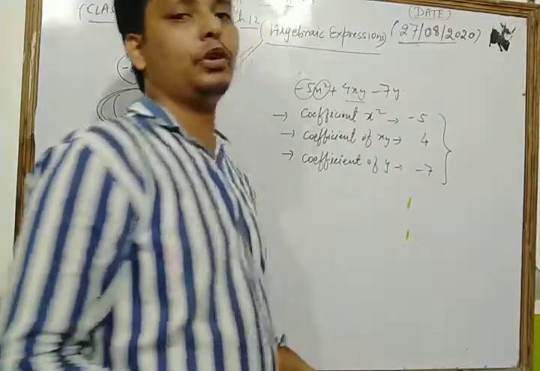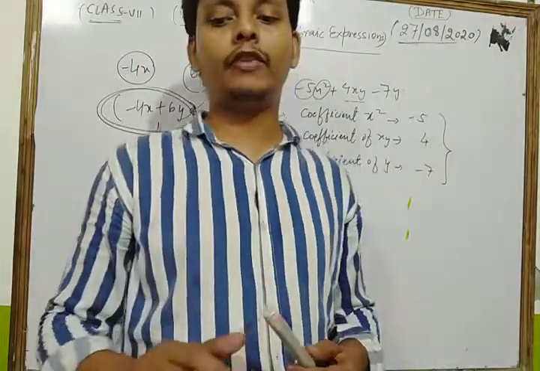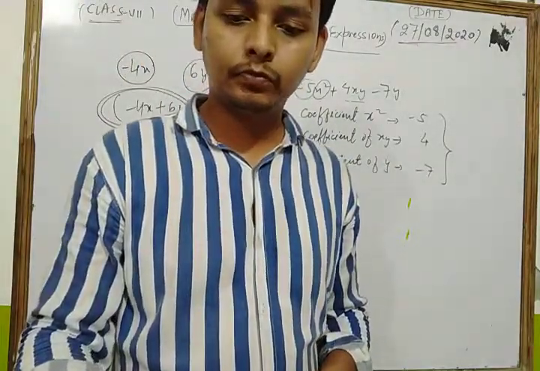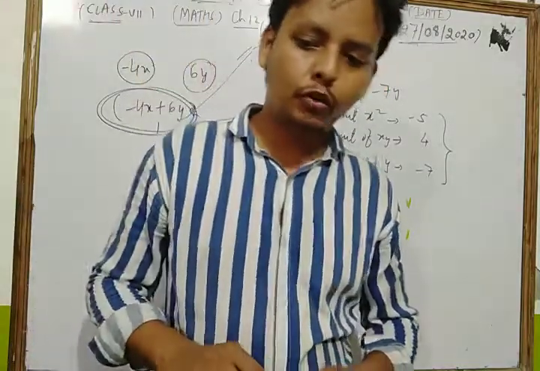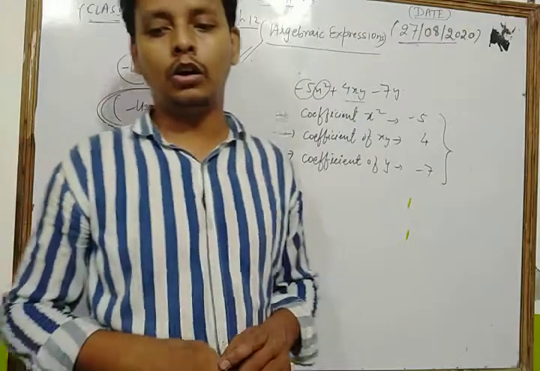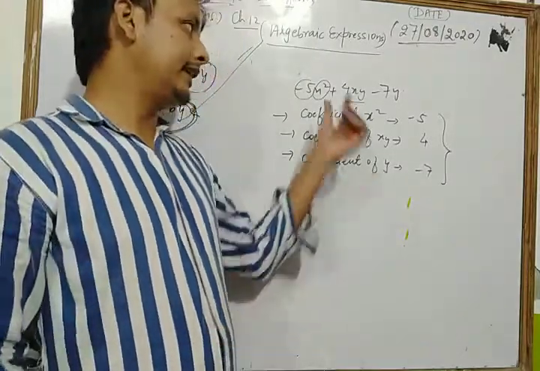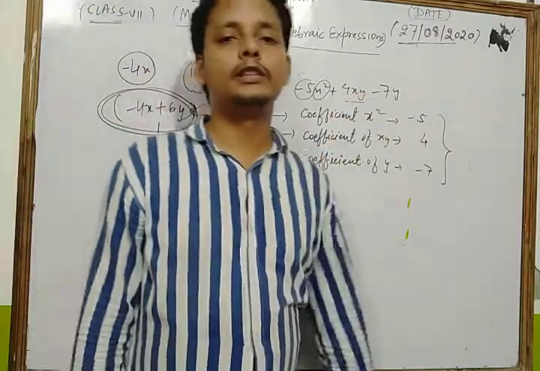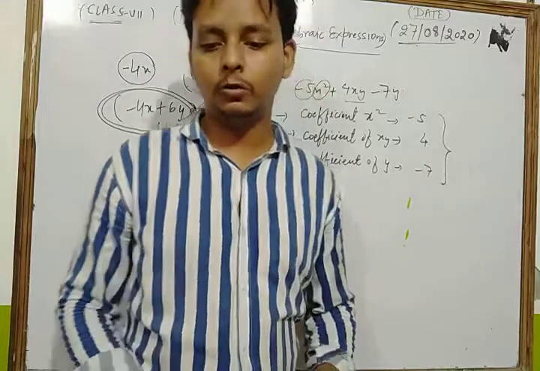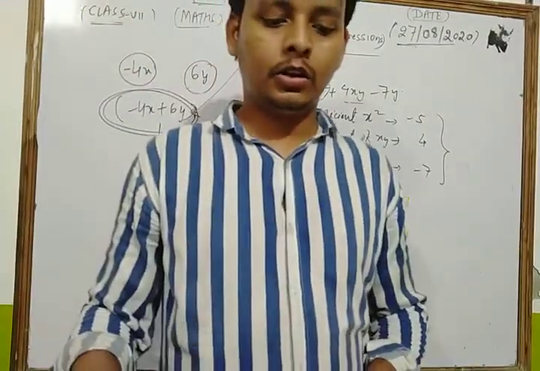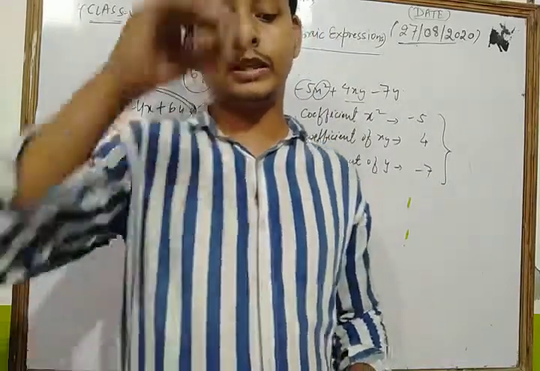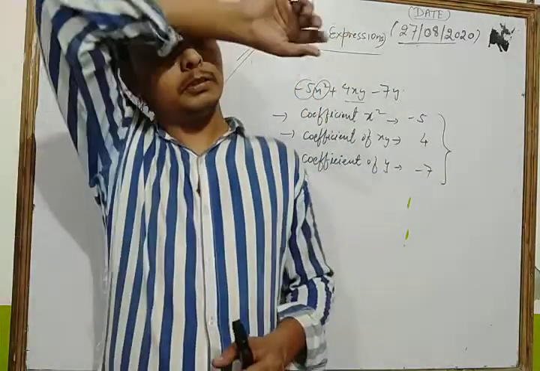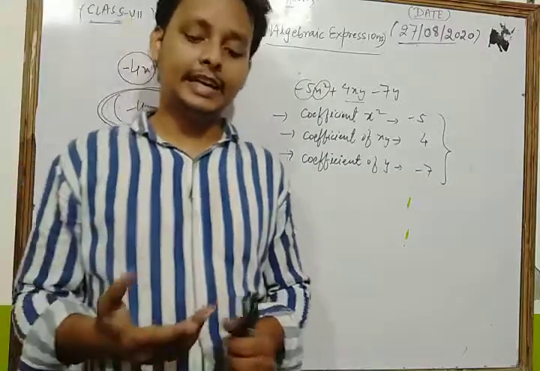So this is the concept of coefficient, meaning the numerical factor is said to be the numerical coefficient, or simply the coefficient of the term. Any numerical value of each term is known as the coefficient of that term. Okay, now dear students, if we ask what is the concept of like and unlike terms, now we discuss the like and unlike terms.